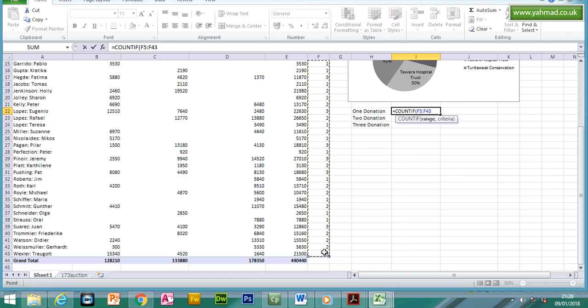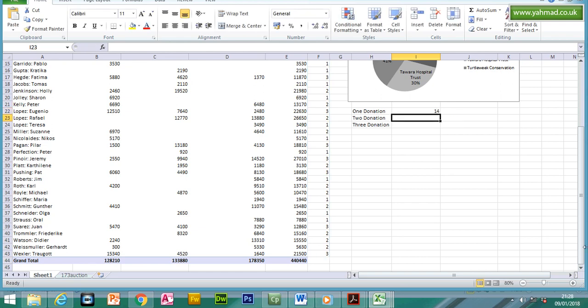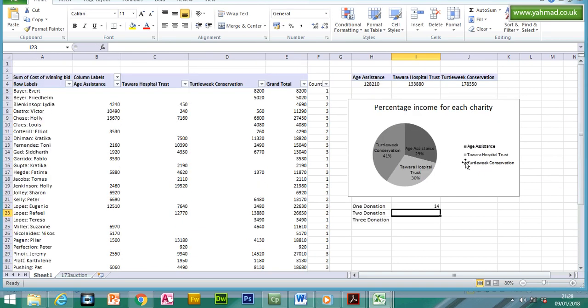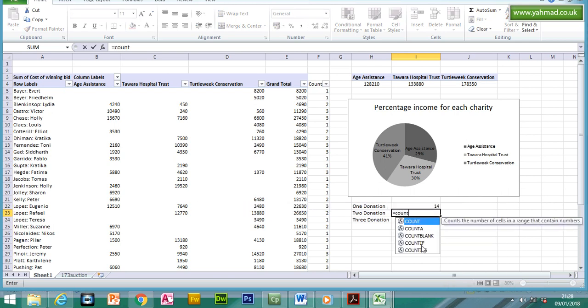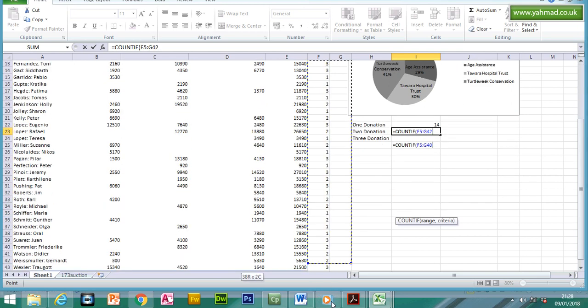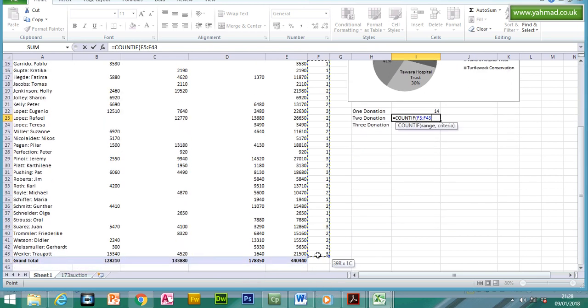I don't need to lock it, so comma, criteria is 1. So it's going to basically count the number of times 1 appears. Okay, so let's do the COUNTIF again. So the range is here, so we want to find out how many times a person donated to 2 charities. So comma, criteria 2,